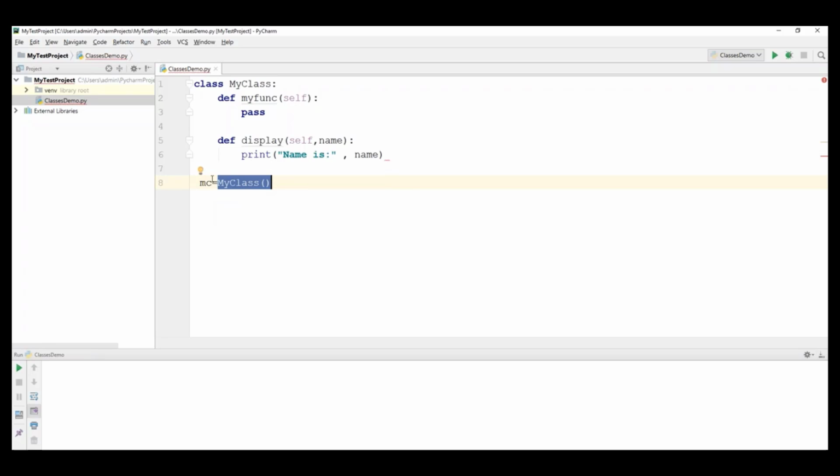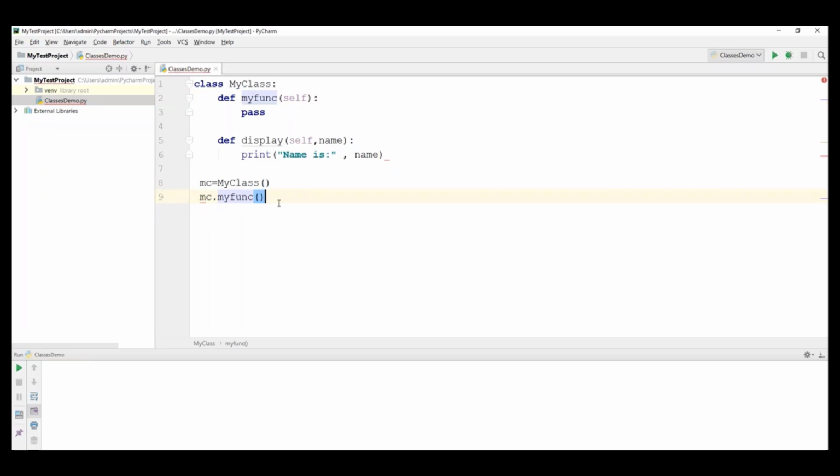That memory location will be referred to by this mc. So this is called the object, and this is the object reference variable. By using this variable, I can access those methods. Let's say mc.myfunction. Here mc is an object, and myfunction is a method which is created under the class.